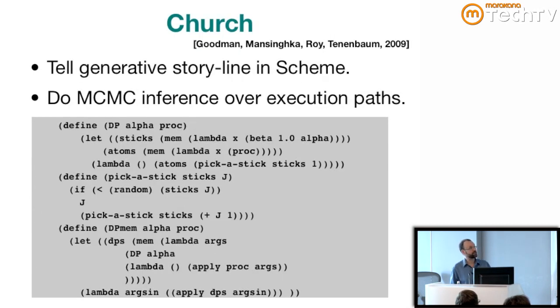Church is a system out of MIT that also is a generative model. This lets you tell the generative storyline in Scheme, actually. So you write a Scheme program with extra random operators that represent the uncertainty in the probabilistic model. The right mental model is that you can run one of these programs once, and it will generate a single sample from the distribution of all possible values. And to do inference, say, what's the distribution over A given some particular value on B? Well, you would run this program many, many times, generate many samples, grab just the subset that have the particular value on B, and look at the distribution of A in that subset. That would actually be quite inefficient. So the magical, amazing thing that they do is Markov chain Monte Carlo over possible execution paths